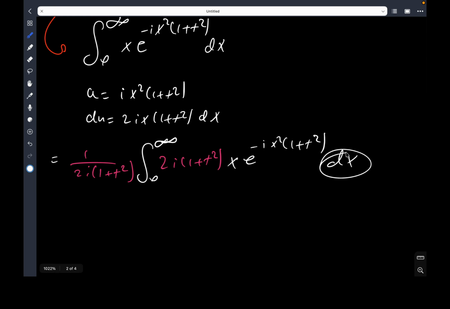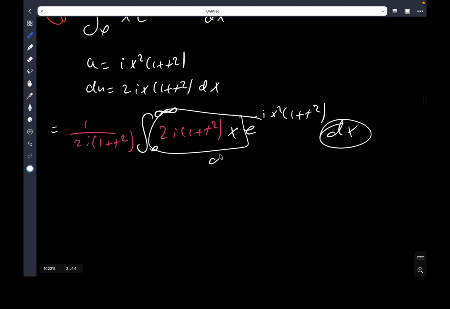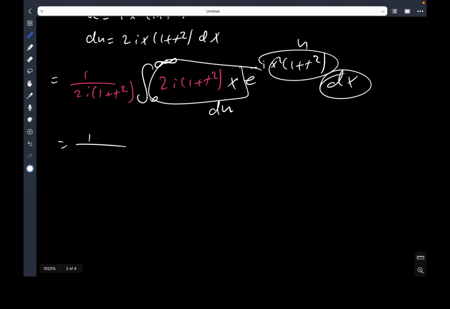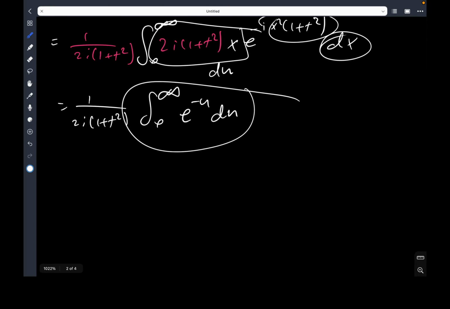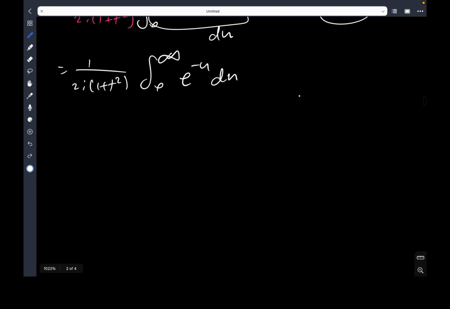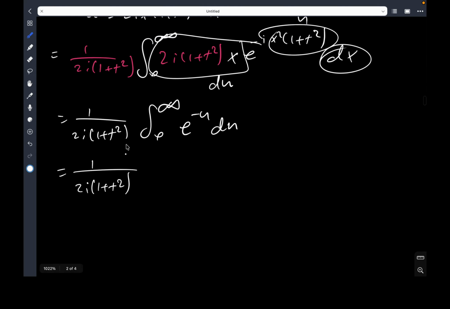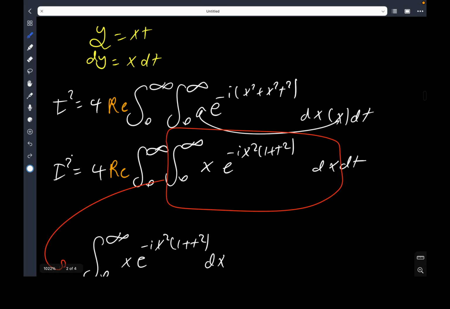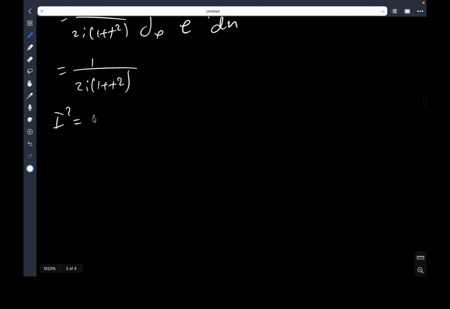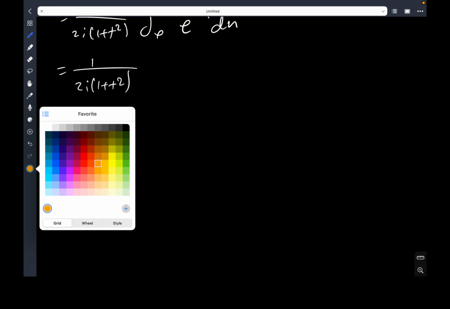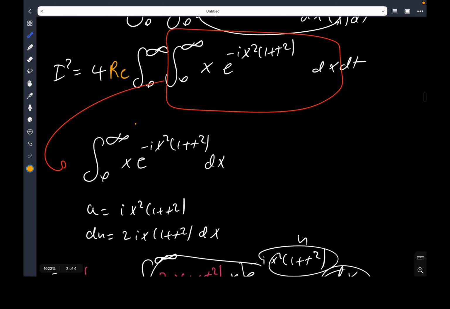And here this whole part is my du, and this part is my u. It's going to be 1 over 2i times (1 plus t squared), the integral from 0 to infinity of e to the negative u du. I can go ahead and verify this integral does indeed converge to 1, and thus I'm going to have 1 over 2i times (1 plus t squared), which means the integral that I had here, I squared, is 4 times the real part of